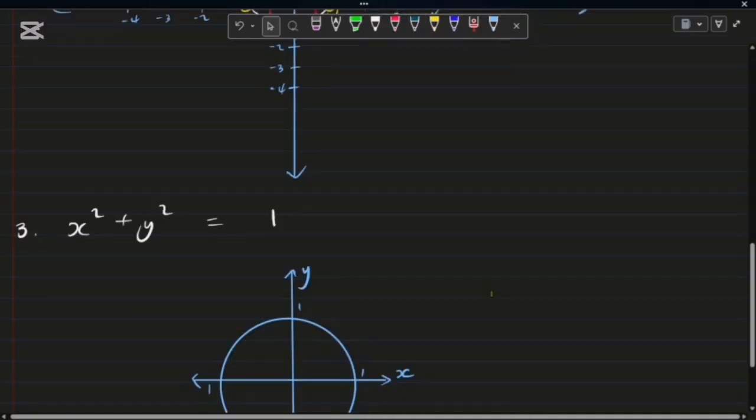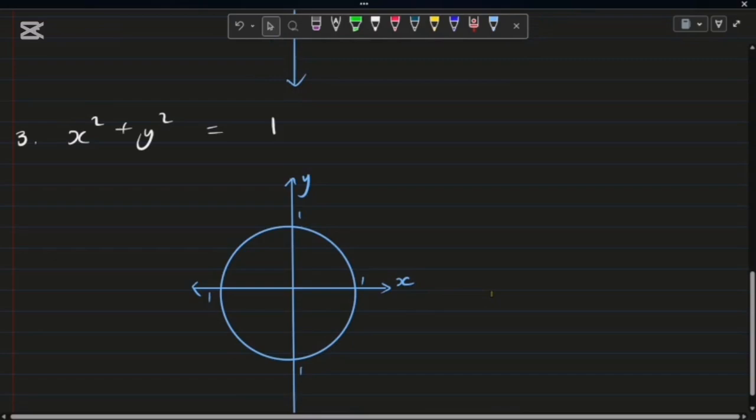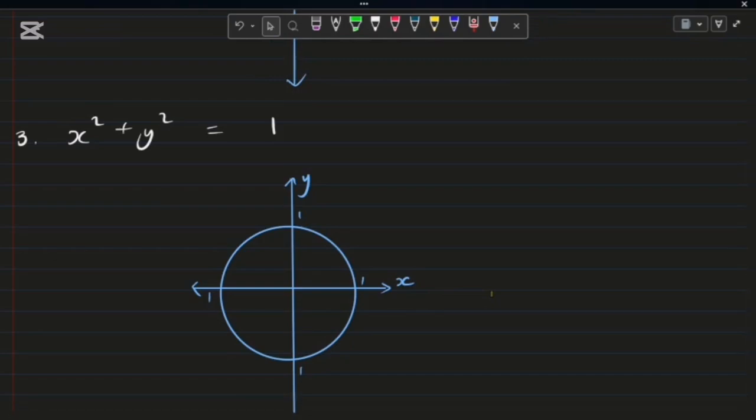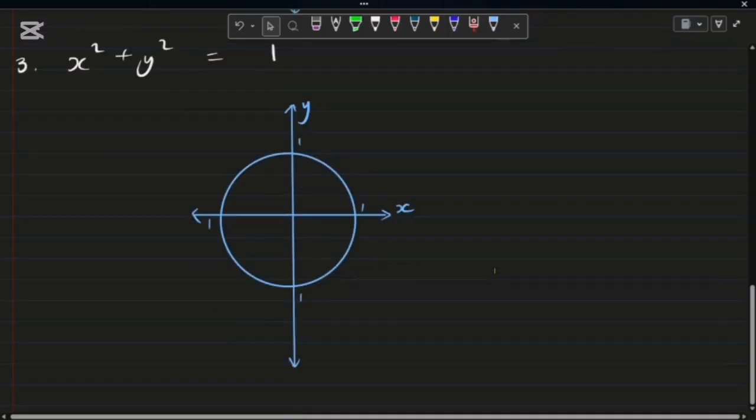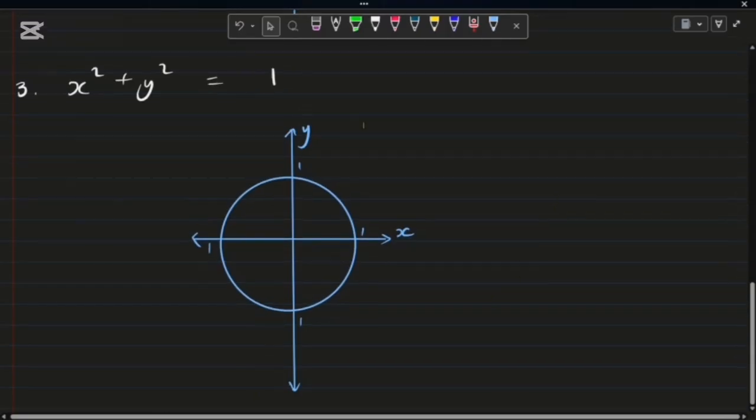This one is x squared plus y squared is equal to 1. So this is an example of a circle. This is an equation of a circle. We call this a unit circle, called the unit circle because the radius of this circle is equal to 1. Okay, so we call this a unit circle. Now,